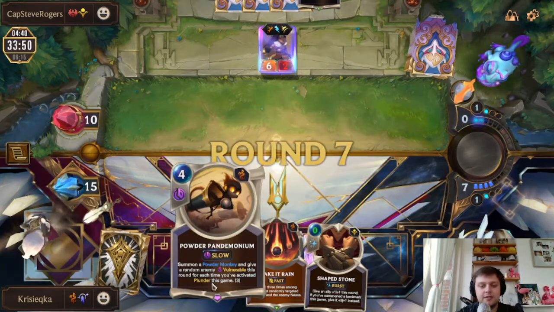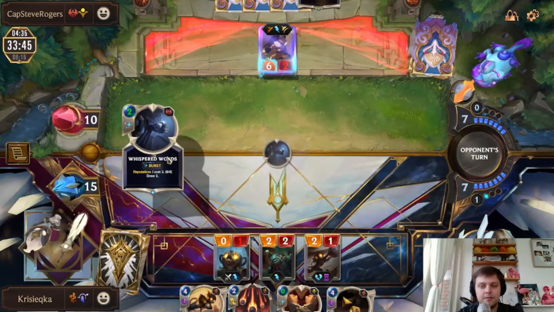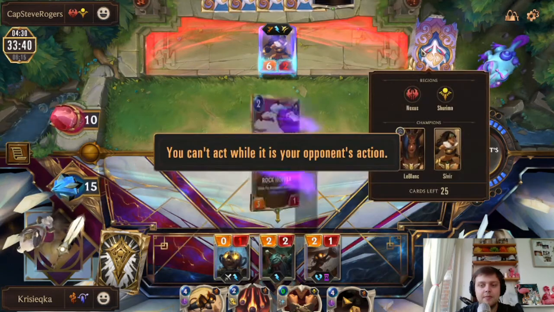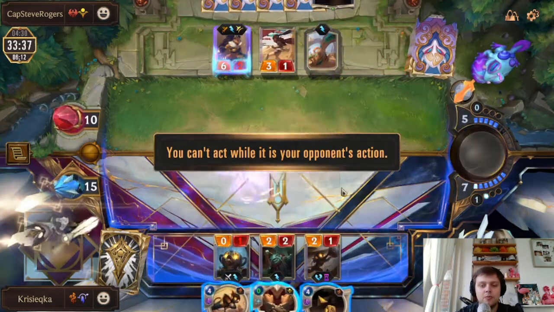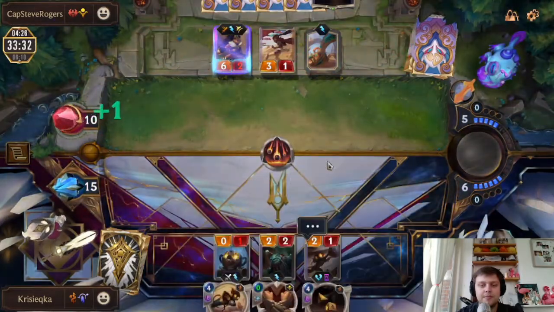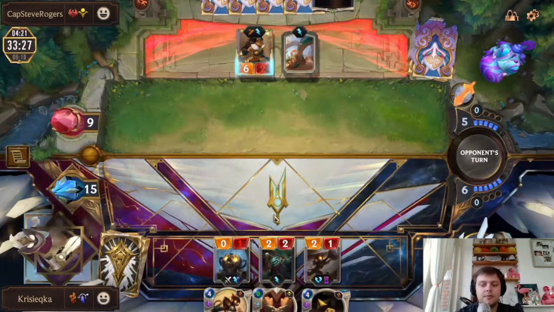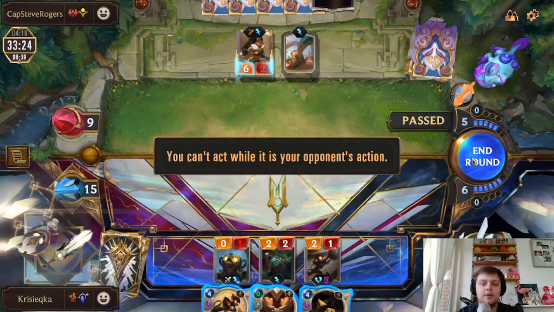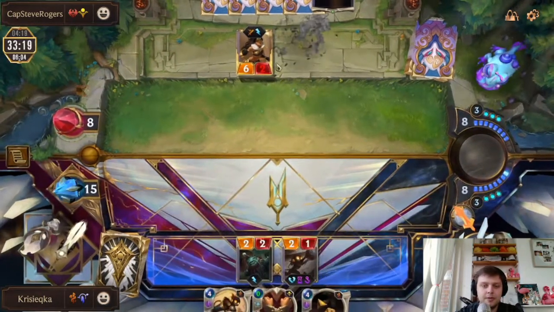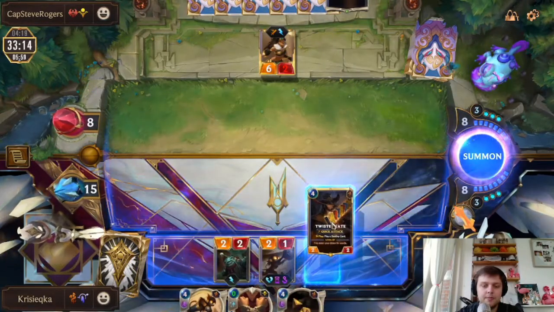Keep in mind, us not having a board isn't a big deal because of this. Double Whispered Words. Oh, it's a bit sad. Sun's beneath me and wind's behind me. Let's do this. Oh dear. And we pass. Now,